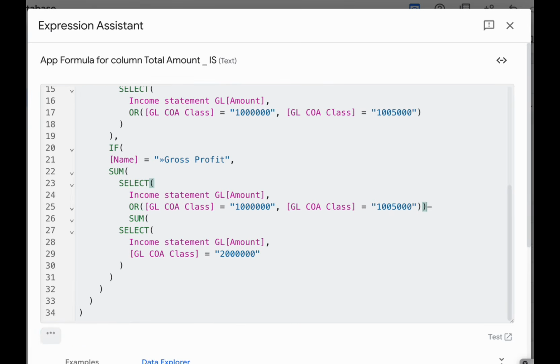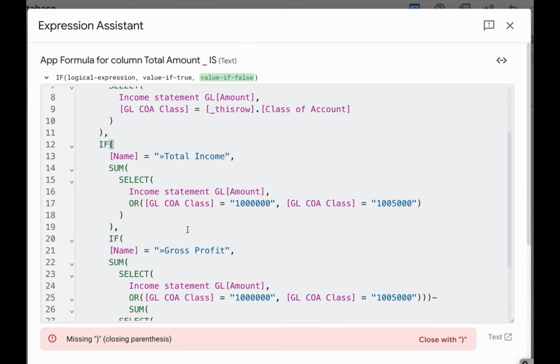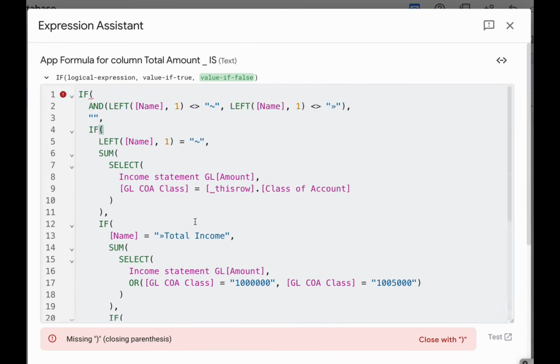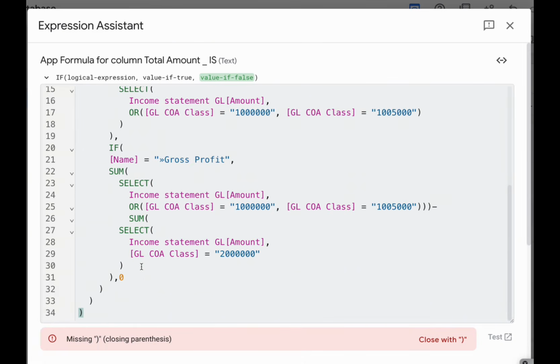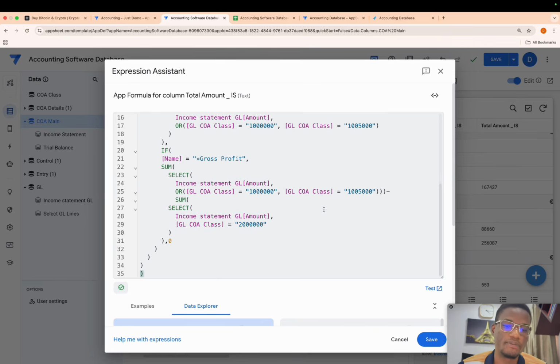So this is all. Select this, sum that. Good. This is this. This is that. The if over here, we need to bring a 0 for those that have not been calculated. Okay, this is that. This is this. And I think we need one more bracket. Good.